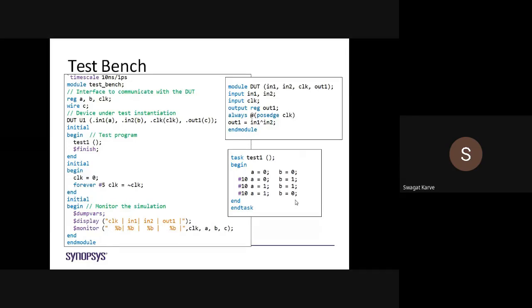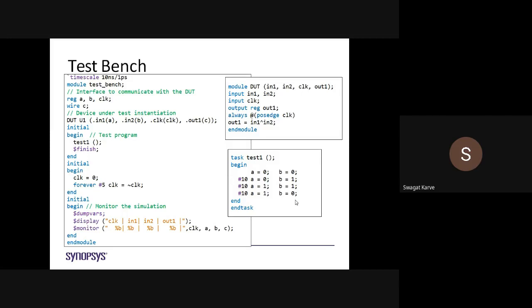That is .in(A), .in2(B), .clock(clock). That means what we are doing here, we are actually mapping the inputs, the Verilog that we have used in our main design code, to the test bench code with this statement, right. I guess this same section Rahul Basar has explained while writing the Verilog test bench during the guest lecture.